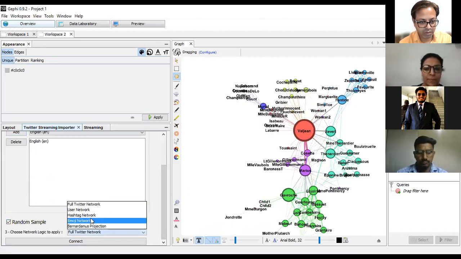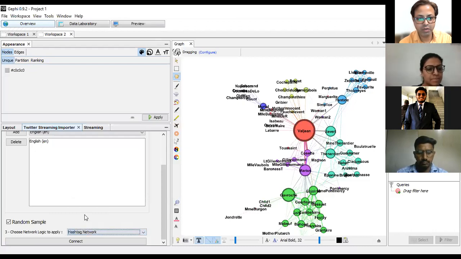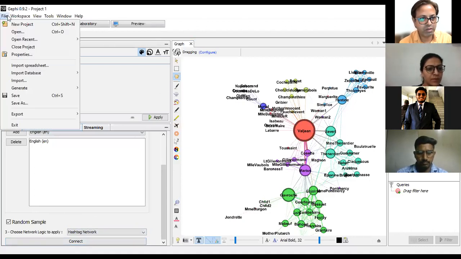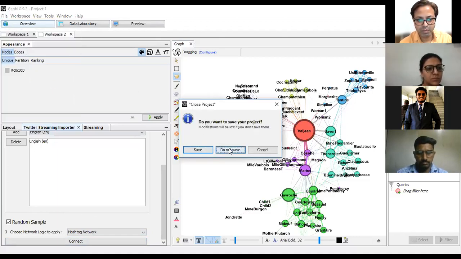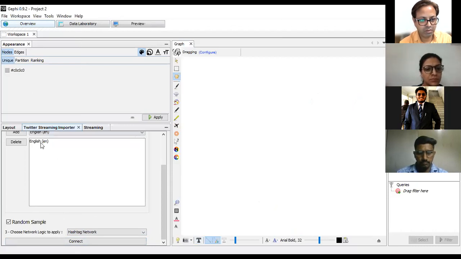I'll click over here, Hashtag Network, because we're going to search for a hashtag. I have missed one step. You have to click on new project or new workspace. Okay, now